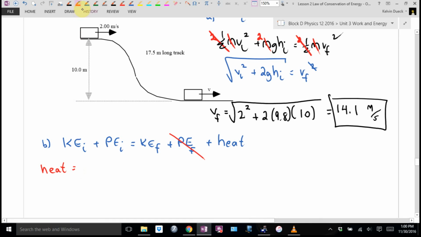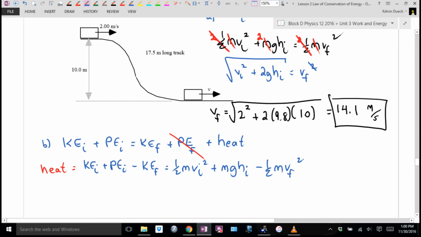Ooh, a heat color. It is your initial kinetic plus your initial potential, how much energy you started with, minus how much energy was left for the object to move with. Whatever's left over must have gone into heat. It's going to be a half m v initial squared plus m g h initial minus a half m v